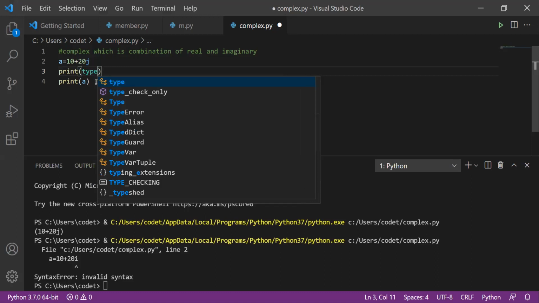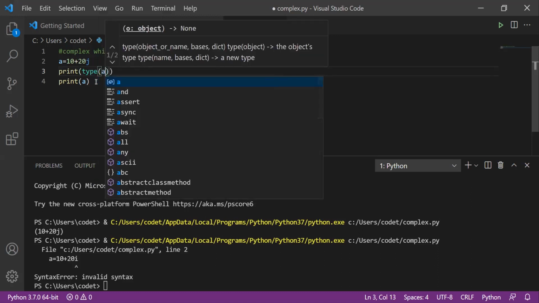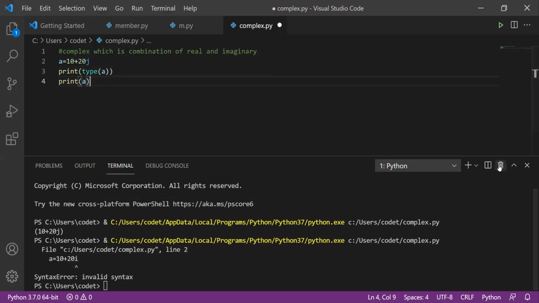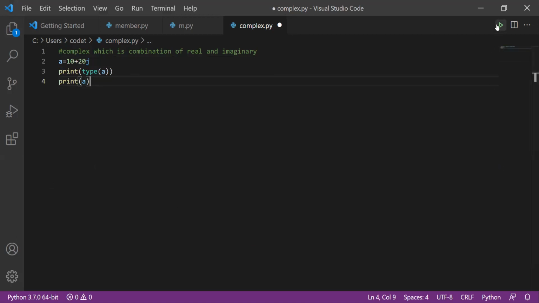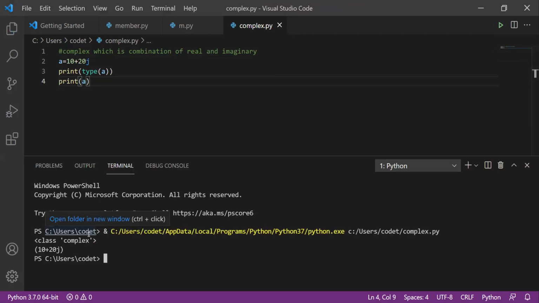Suppose you have any doubt whether what you declared is complex or not, you can run it and check it out, whether it is complex or whether you are writing a tuple, set, list or dictionary. So now you understood, right? We always have to mention the complex combination with only j.